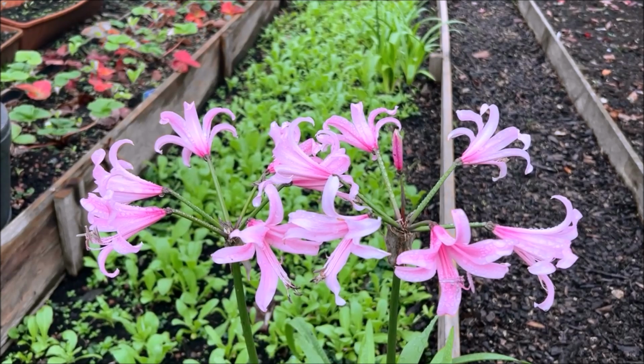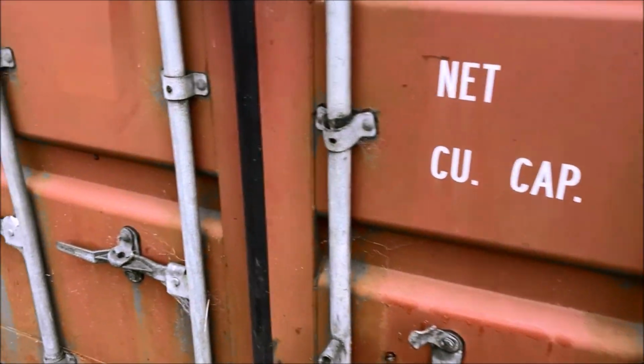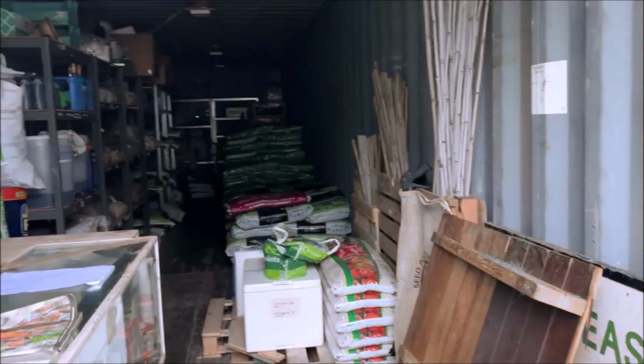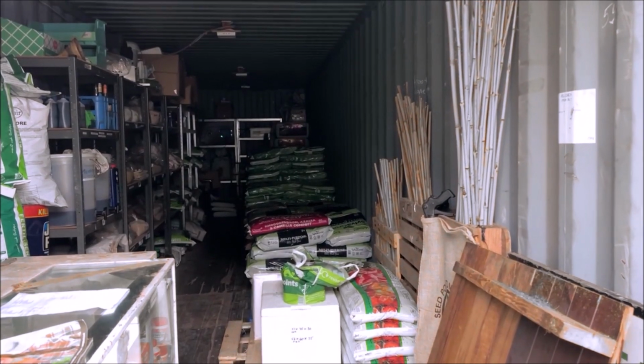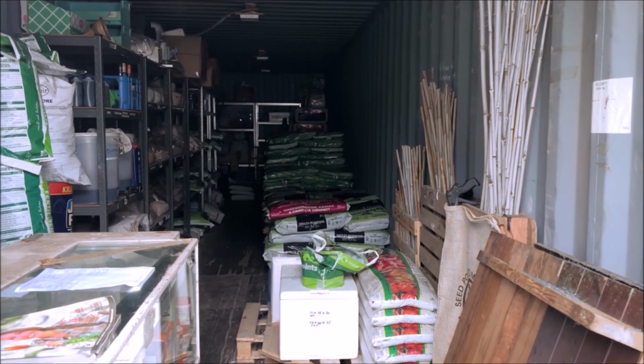How cool is that? Well, these are the only things that are flowering on the plot at the moment. Well, them and the dahlias. This is the shop, by the way. Inside here. I do believe we need more compost. I'll be getting more of that shortly. You can't really see in there, it's a bit dark, but